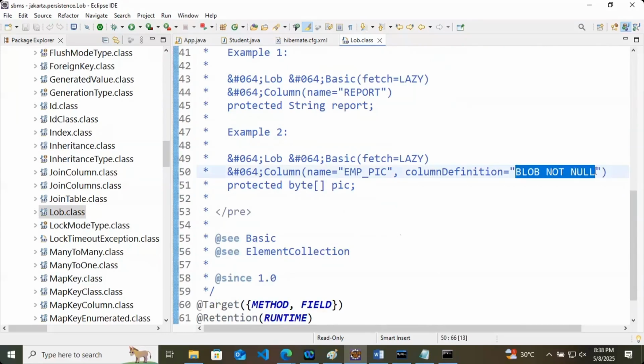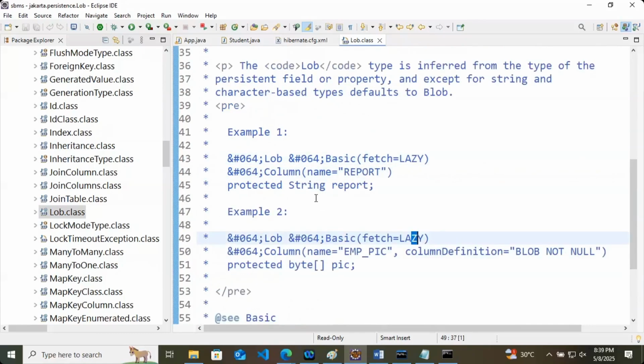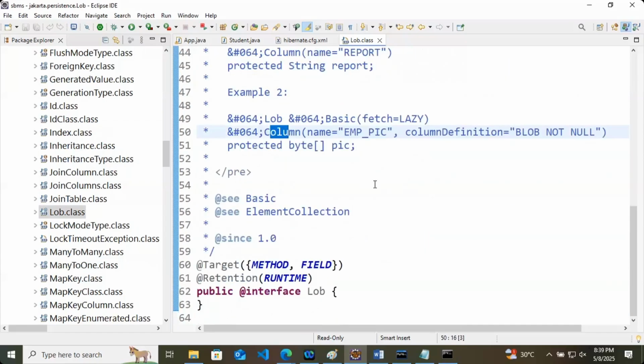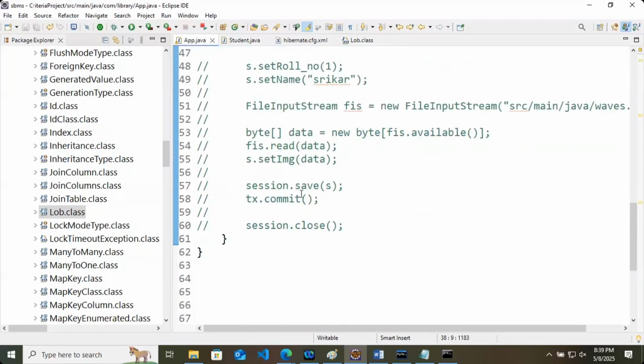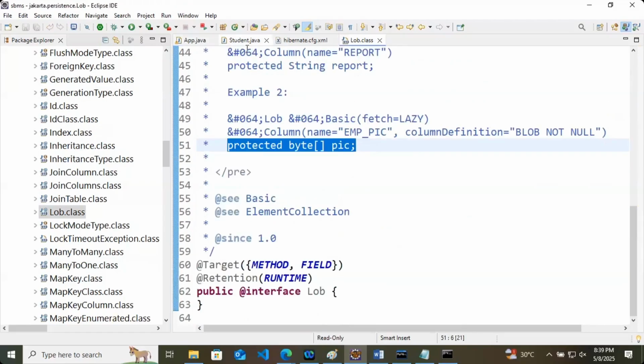Blob not null. Same thing, but there is some problem.